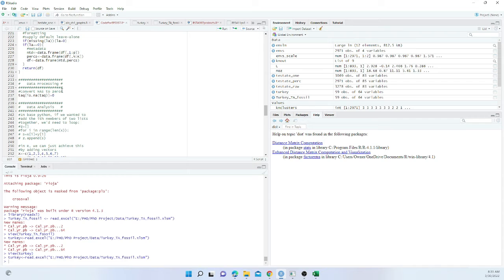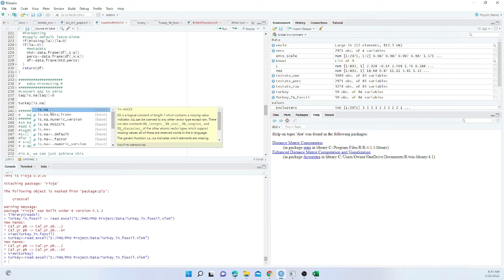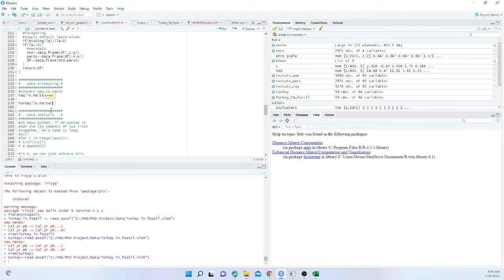So again, in my general workflow, I tend to include my data processing here. We're going to do the same thing, except now we're going to do it with Turkey. So Turkey is na, Turkey